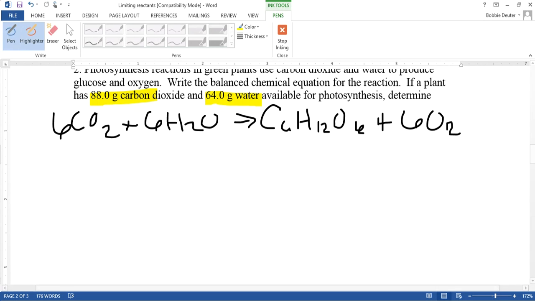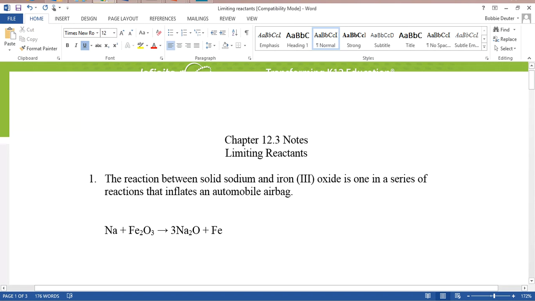Okay, so our first step, we are given grams of 2 reactants. We have to figure out which one is going to be limiting. Don't just assume one's bigger, so that has to be limiting. Determine. So we have 88 grams of CO2. We're going to convert that into moles. So 1 mole of CO2, 44 grams of CO2. We get 2 moles of CO2. So let's do moles of water. So we have 64 grams of H2O, and we're going